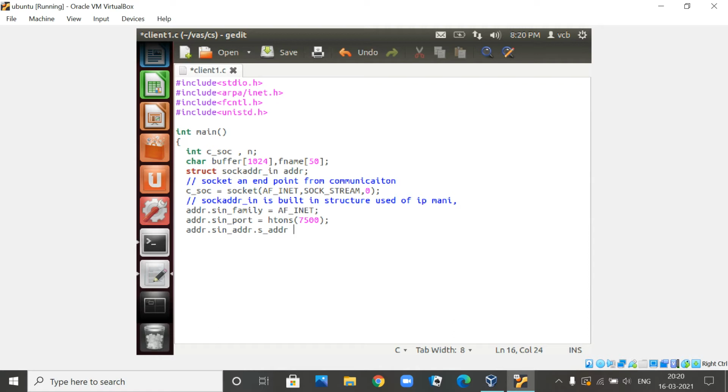You have to remember ADDR.sin_addr.s_addr. Now here you are going to give the IP address. How are you going to give this IP address? You are going to use inet_addr, internet address, with double quotation marks.